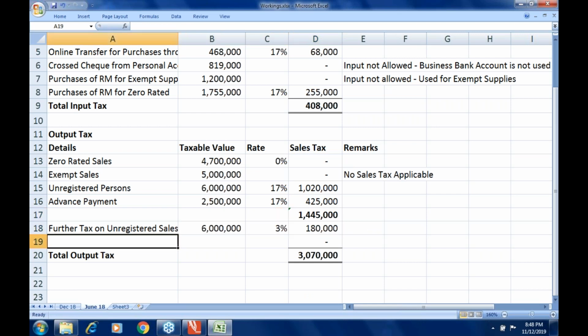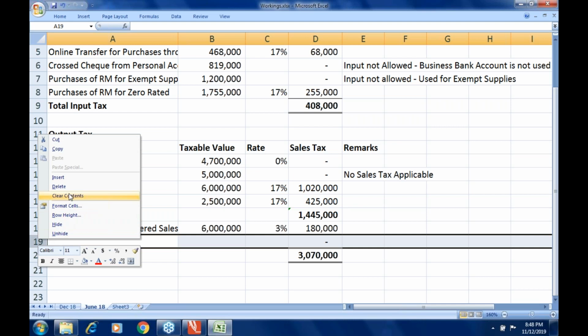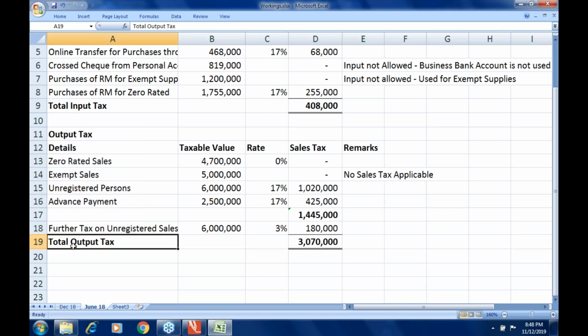And then total output tax, and then output plus further tax. You will get